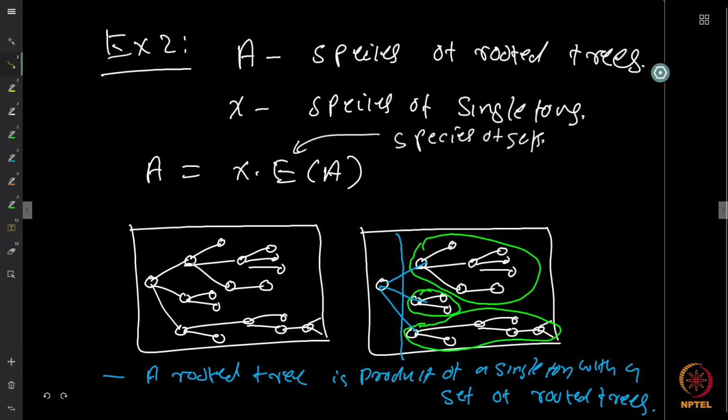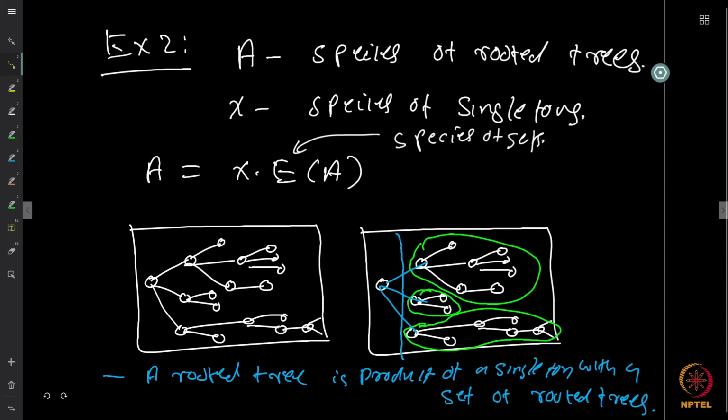Each of them is a root because the main root that we removed is connected to these vertices, which makes them special. They are connected to it, therefore they are special vertices, which means that they are roots. So we get a set of rooted trees, which is E of A. But now you have separated one vertex, which is a special vertex,